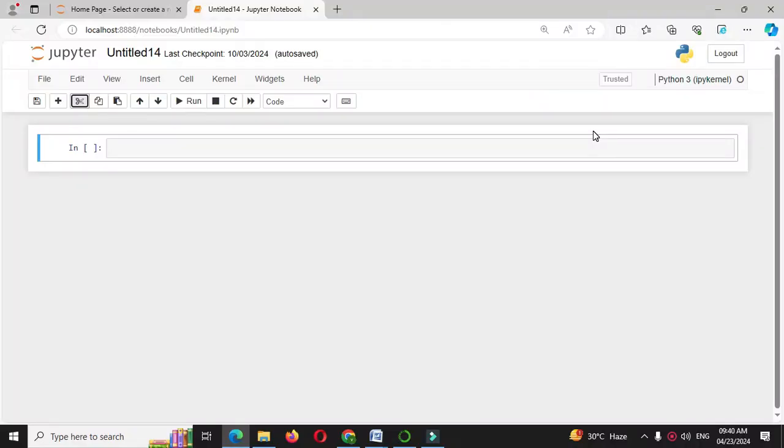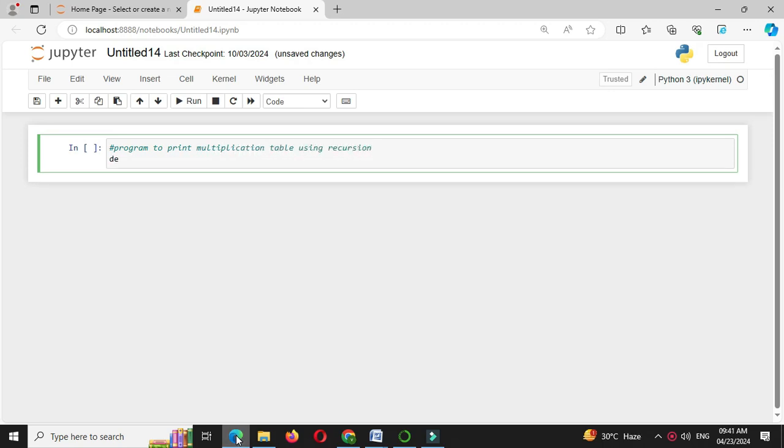Here we will write a Python program to print multiplication table using recursion. So first in comment line we will write. For this we will define function multiplication with two parameters as n and I, where n is a number and